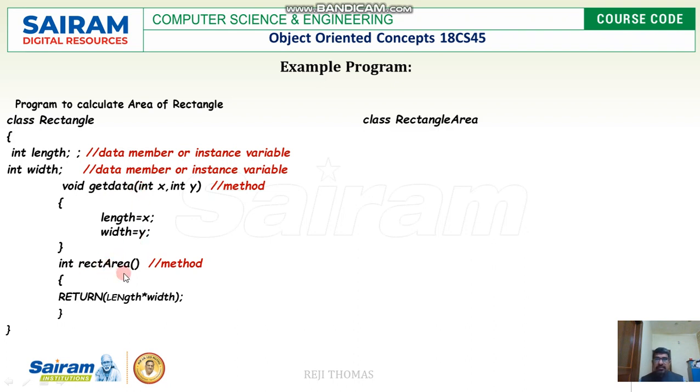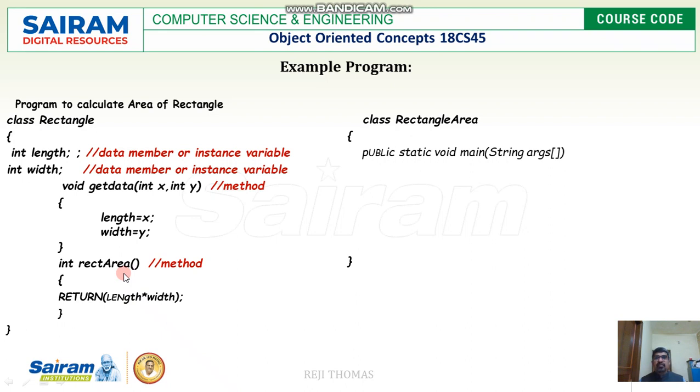Let us see another class, which we have named RectangleArea, and this is the body of RectangleArea. Whatever we write inside the class is again going to be the members of the class. Let us see what we do inside this. We have taken a method called main. I hope you remember.